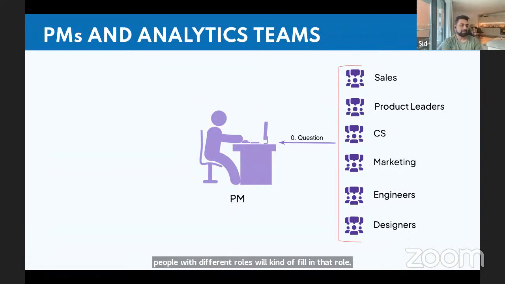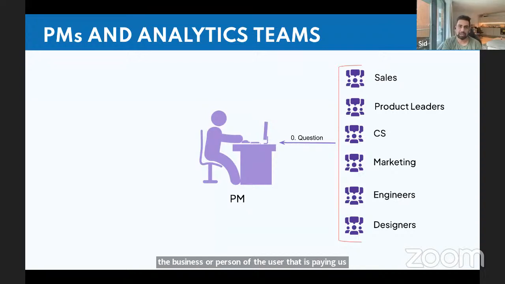So typically what happens is that a product manager is the point of contact for multiple stakeholders. That's what you see on the right. So, sales or leaders or customer support, marketing, etc. All of these people could have questions, right? For example, the salesperson could ask, hey, can you help me understand how have we been selling in the last year, and how do you project the sales to be in the next year? Or what is the persona of the user that is paying us the most amount of money?